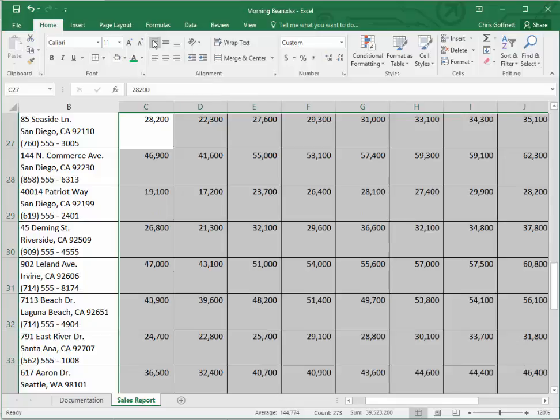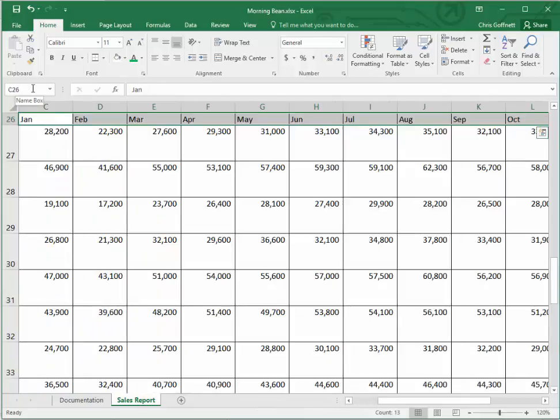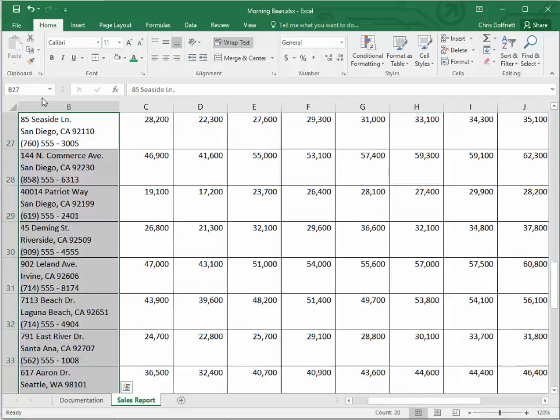And then it wants us to select the range C26 to O26. I'm going to do that in the name box. C26 to O26. And in this grouping on step 6, we're asked to click the center button. So we will center it, and then we're asked to select B27 through B46, so B27 to B46,